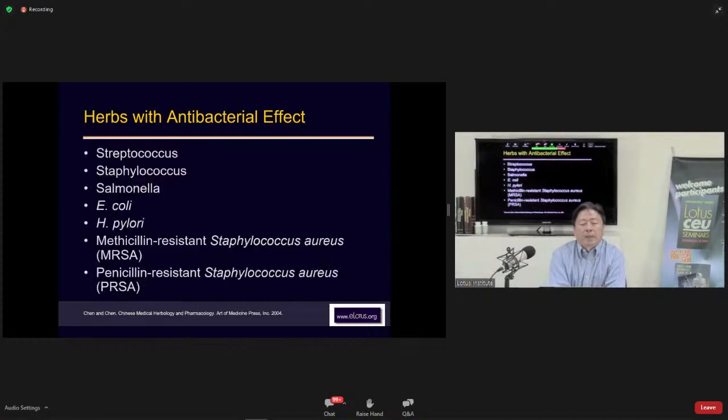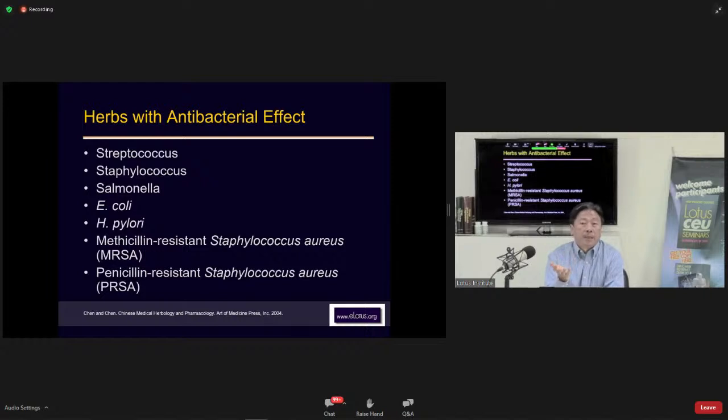And more specifically, and this is an area where a lot of research has been done, we know which herb or even which compound is effective specifically against which microorganism, whether Streptococcus, Staphylococcus, Salmonella, E. coli, H. pylori, or even the mutated bacteria, whether it's methicillin-resistant Staph aureus, MRSA, or penicillin-resistant Staph